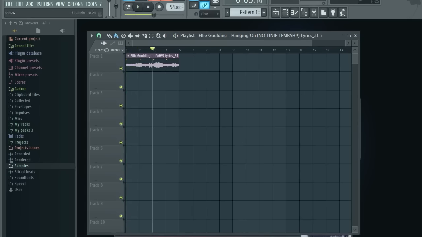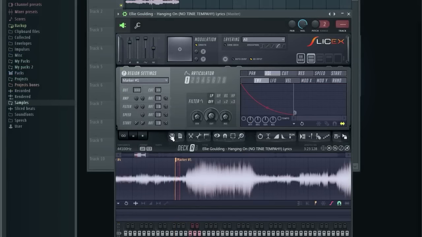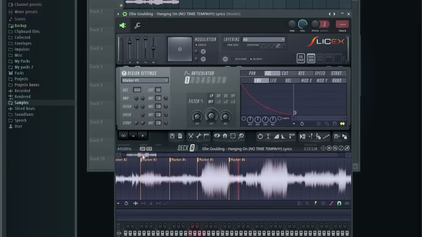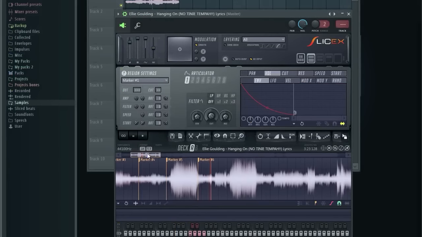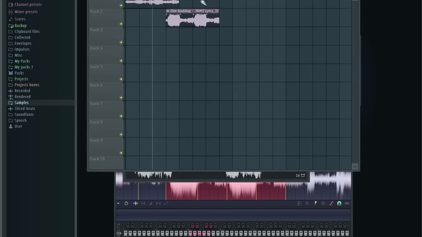Okay, once you find, this is our first cut, so we have our first sample. We gotta find a little bit more, okay? So let's listen to more and let's count. Okay, we got another 4 parts, which are these. Let's put that in and let's make sure it matches the tempo. So right click, 4 bars, and let's listen.